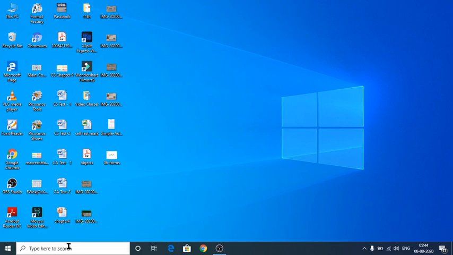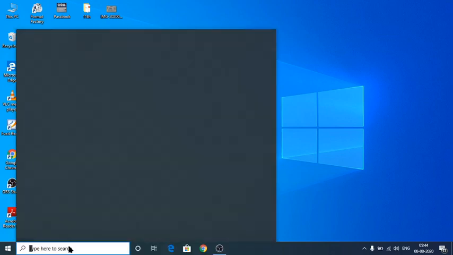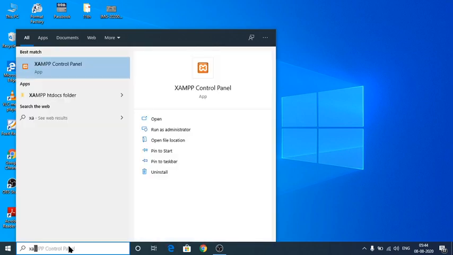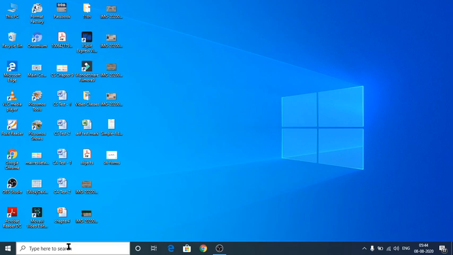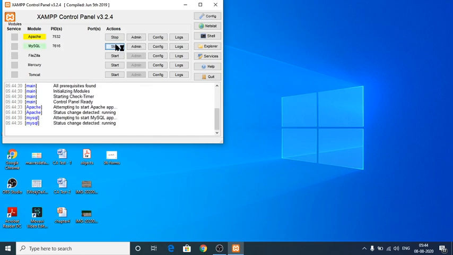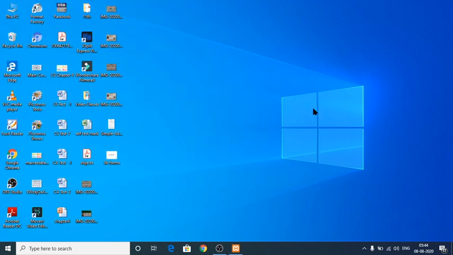For that, I already explained how to execute the SQL. We need to install the XAMPP control panel, and after opening the control panel, start Apache as well as MySQL, the RDBMS, Relational Database Management System. Next, click on admin here. After clicking there, your browser will be opened on your system, and you will see localhost phpMyAdmin.